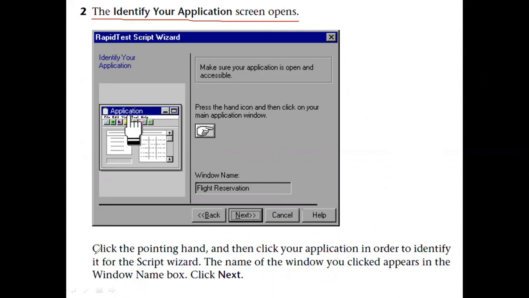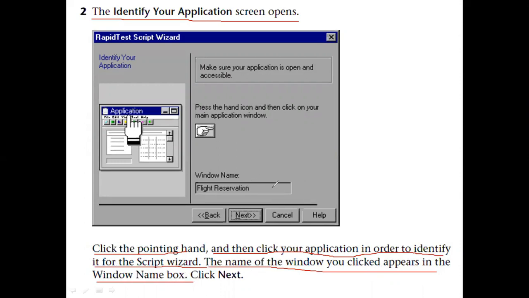Now click the pointing hand. This is the pointing hand, and then click your application in order to identify it for the script wizard. The name of the window you clicked appears in the window name box.